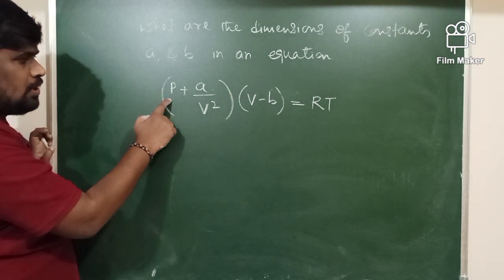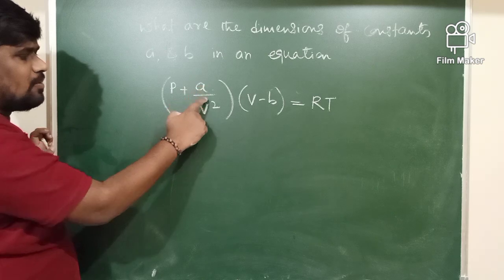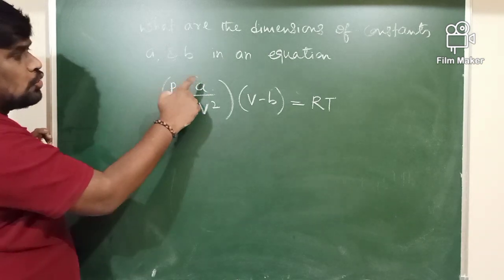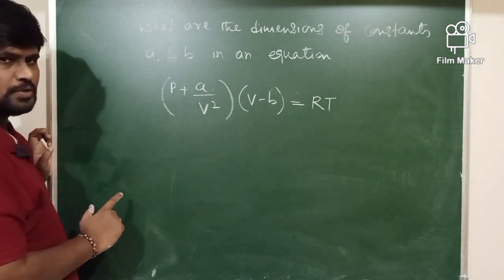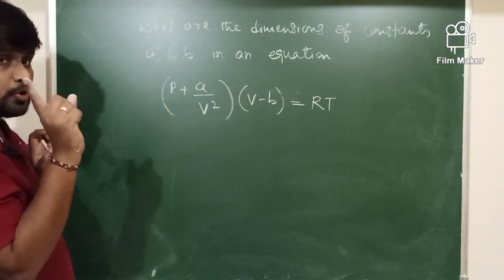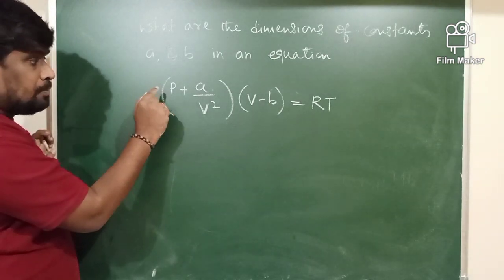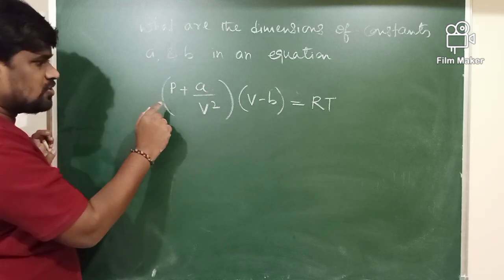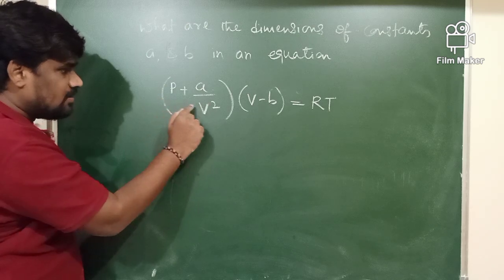Dimensions of P should be equal to dimensions of A by V square. Dimensionally, I am talking dimensionally, not mathematically, P is equal to A by V square, because we added these two terms